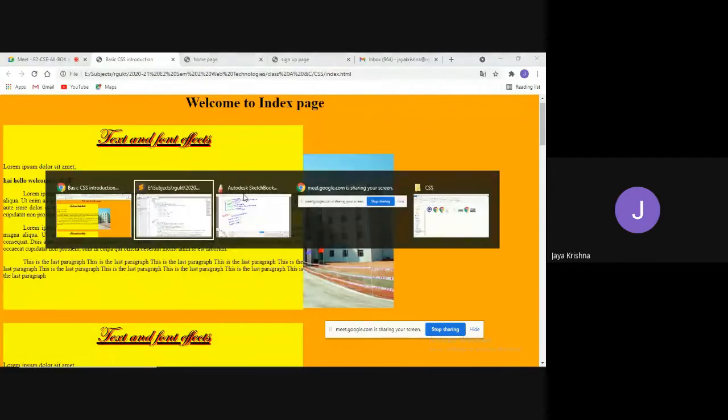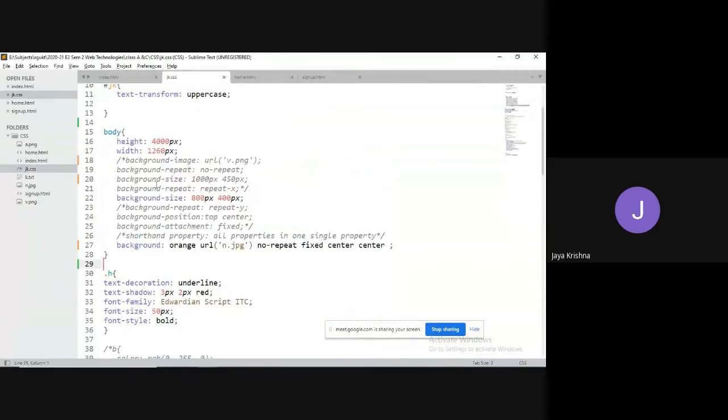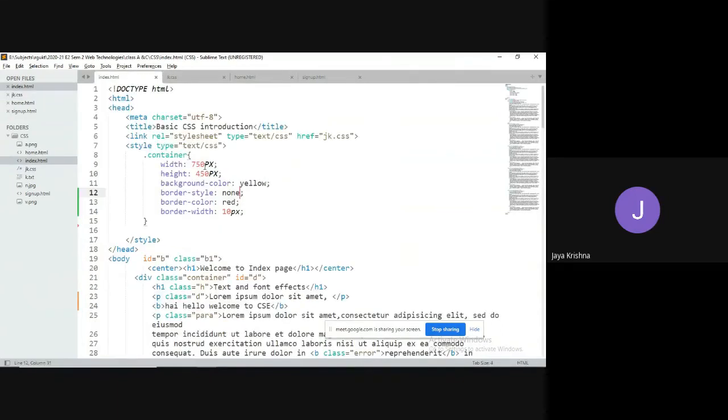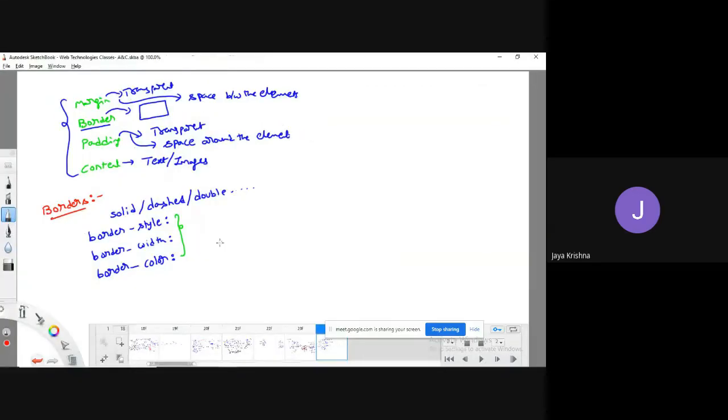Okay, fine. So here I would like to stress one thing. When you add background images to any web page, you use a shorthand property, which is meant to combine all the properties into a single property to reduce the number of lines of code. Similarly, for these properties in CSS, we have a shorthand property, which we call border.